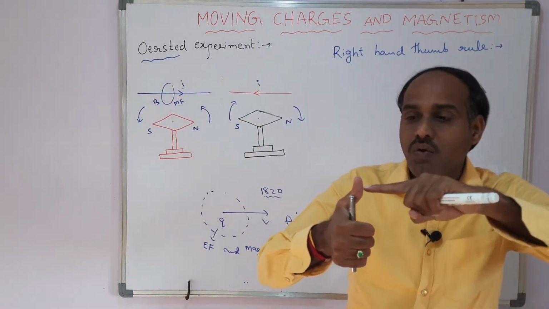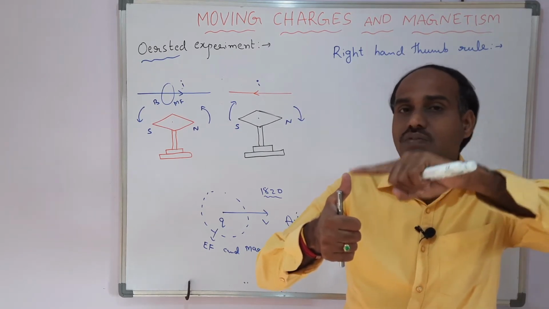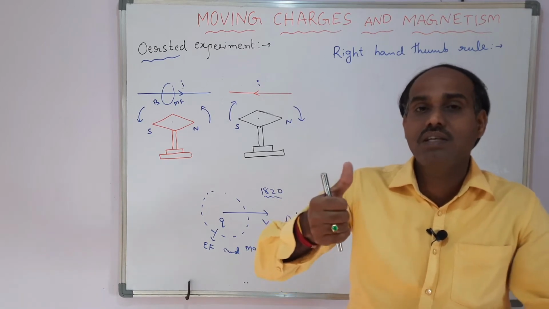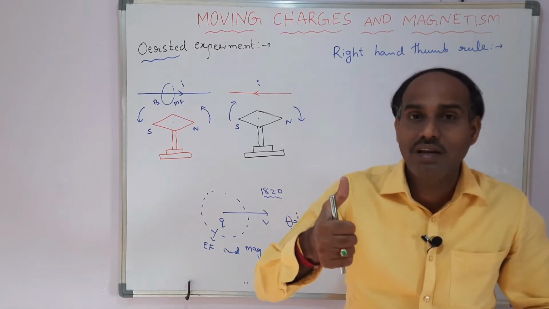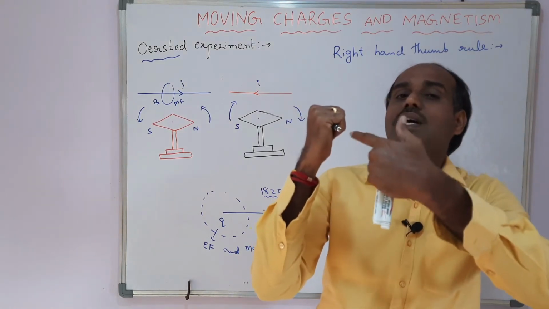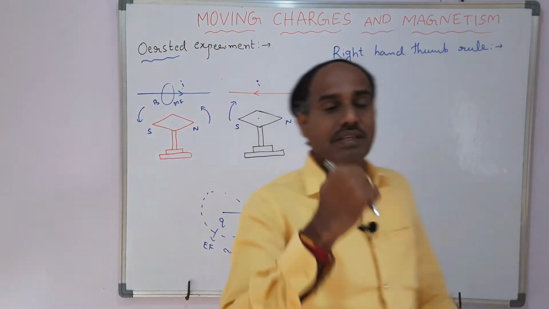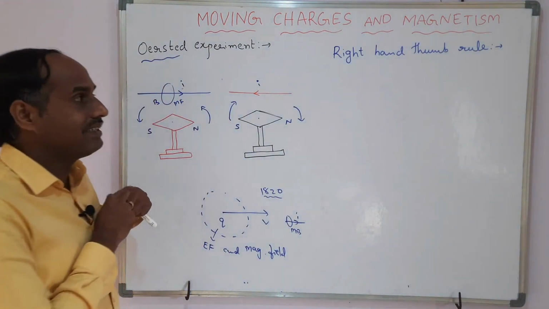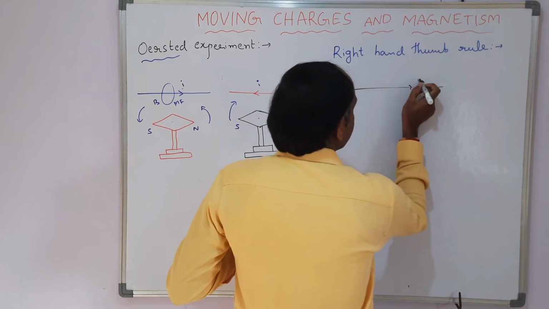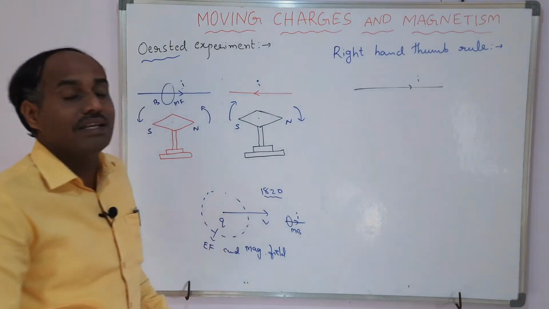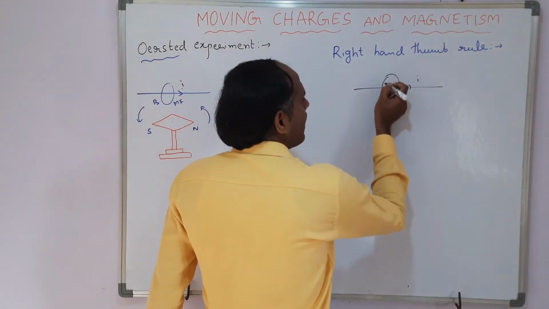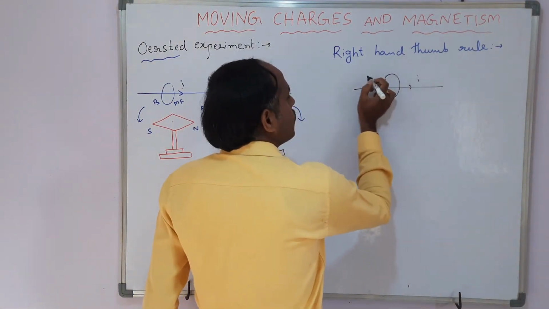Now, when the thumb gives the direction of current, then the tip of the curling fingers gives the direction of the generated magnetic field. And if you observe this phenomenon, these curling fingers are around the conductor, which means he also concluded the next thing: because of any current carrying conductor, a magnetic field is generated, and those generated magnetic lines of force are around the conductor in a closed